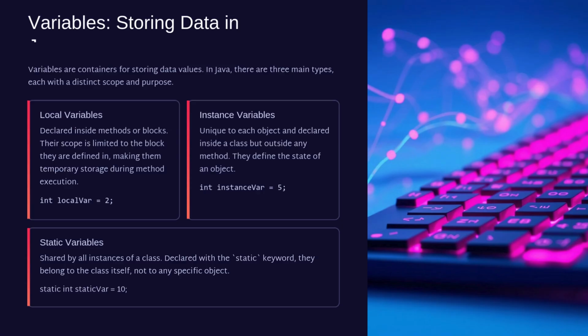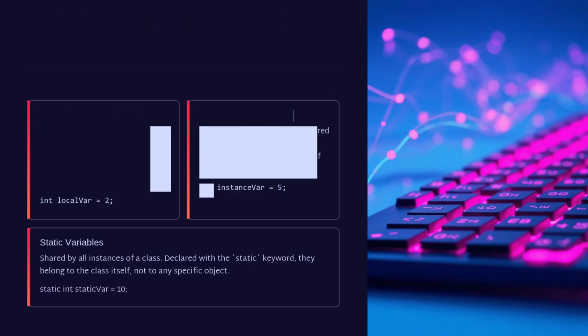Instance variables are unique to each object and declared inside a class but outside any method. They define the state of an object. int instanceVar = 5; int localVar = 2; Static variables are shared by all instances of a class. Declared with the static keyword, they belong to the class itself, not to any specific object. static int staticVar = 10;